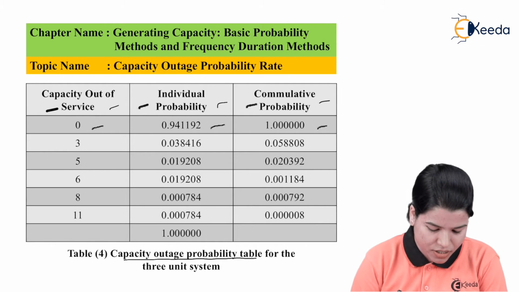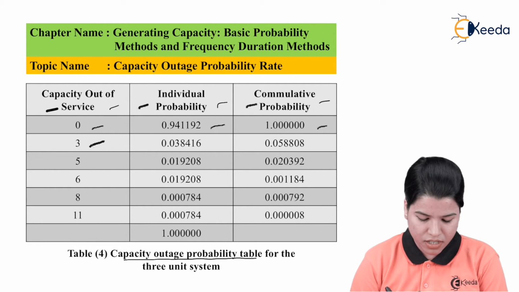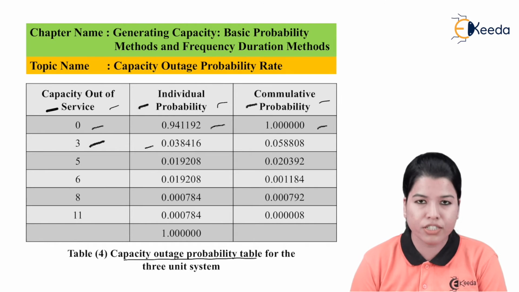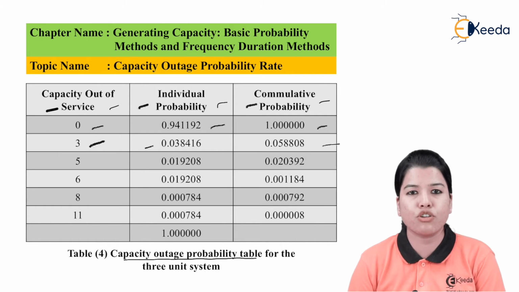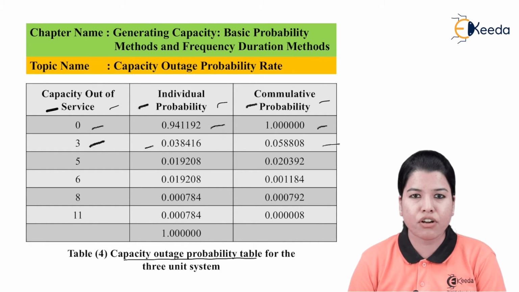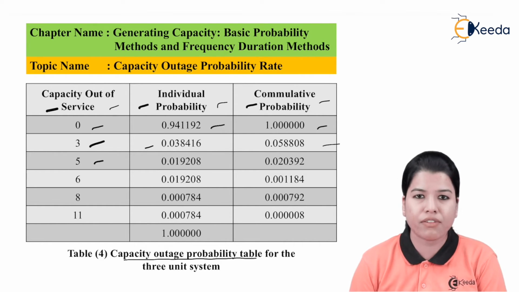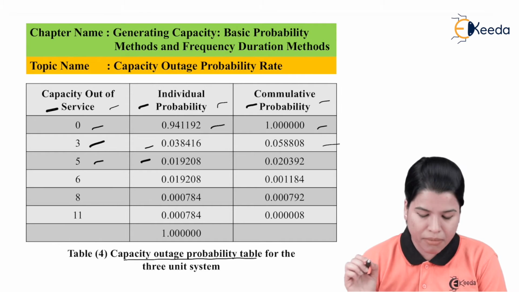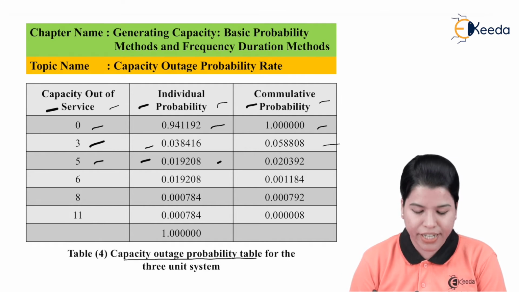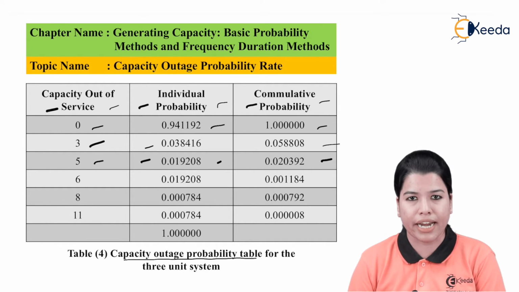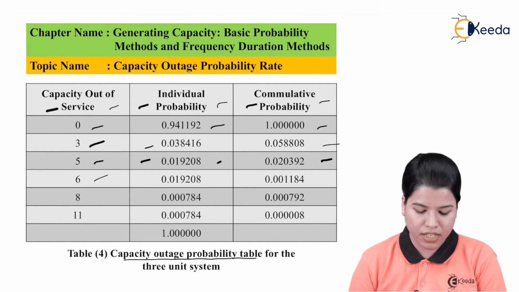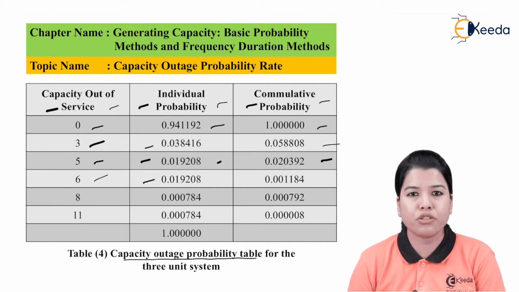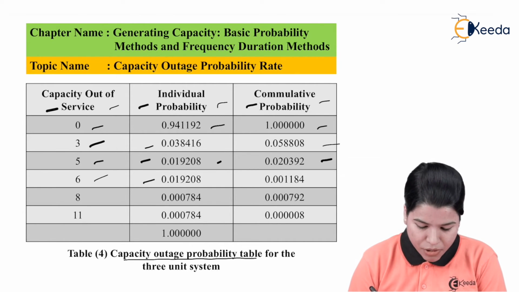Next, for the second stage, that is of the 3 megawatt, the individual probability is 0.038416, whereas the cumulative probability is 0.058808. Then for the next unit, that is of the 5 megawatt, the individual probability is 0.019208, whereas the cumulative probability is 0.020392. Similarly, for the fourth unit, that is of the 6 megawatt, the individual probability is 0.019208, whereas the cumulative probability is